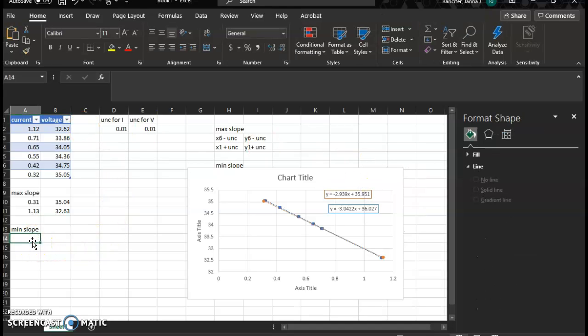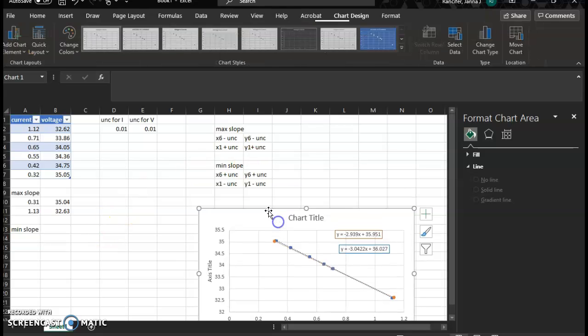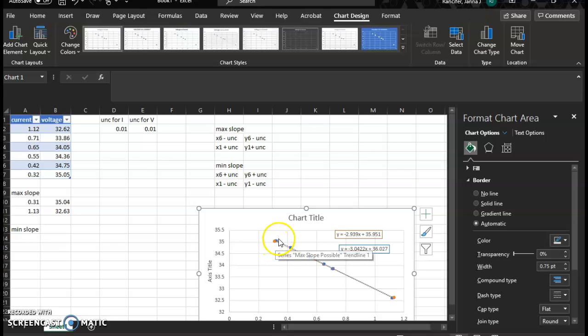And now I will generate the min slope possible line. Min slope possible line will have the most negative slope, even though when I take the absolute value or I negate the slope value to get the internal resistance, it'll be a larger internal resistance. So to generate the min slope possible line, what I try to do is force the graph to have the most extreme values. So I will focus again on my